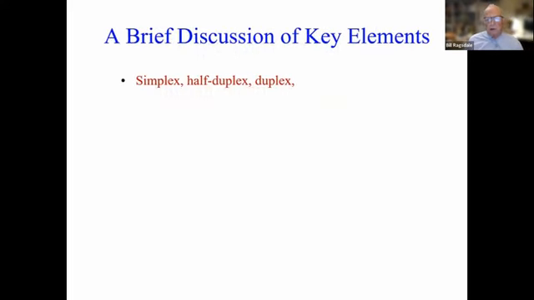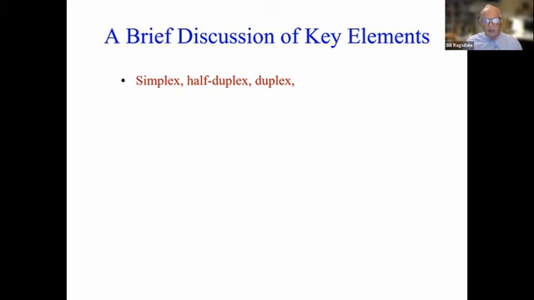Here are some of the key terms associated with a repeater. The keyword is duplex. Duplex means transmitting and receiving at the same time. The old wireline telephones were full duplex. It meant that you both could talk one to the other, each end, and you would hear each other simultaneously. The advent of cell phones moved us back a step to half duplex, which means only one person talks at a time. If you're on a cell phone and you start talking and the other person interrupts, it shuts down your voice flow and turns the channel around so the other person talks.